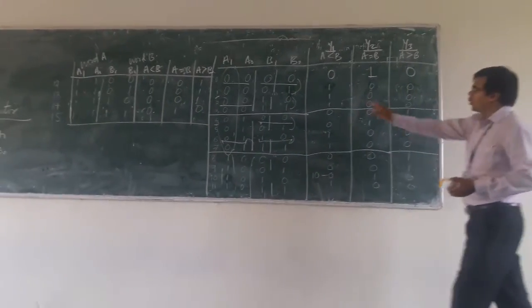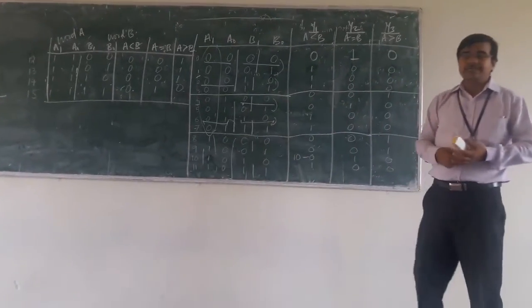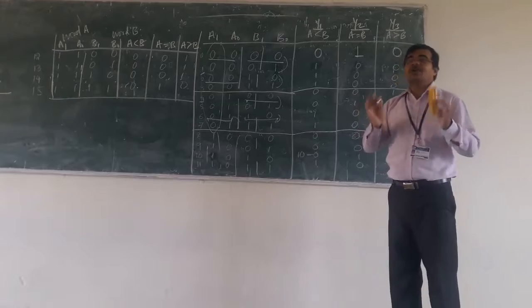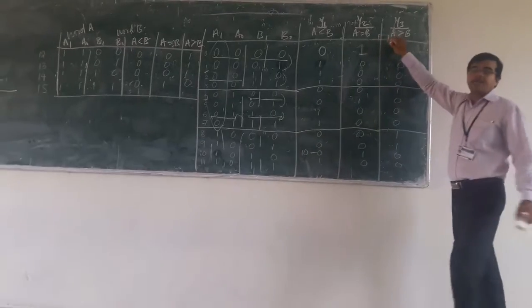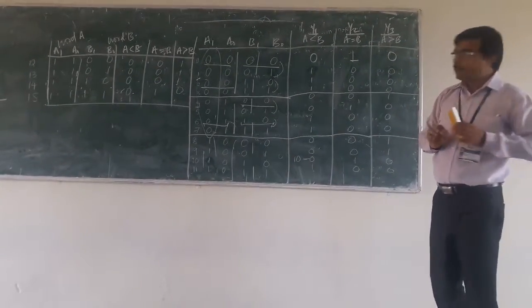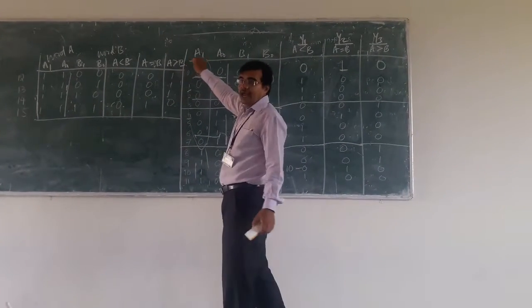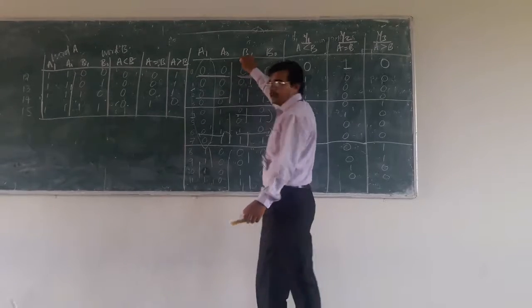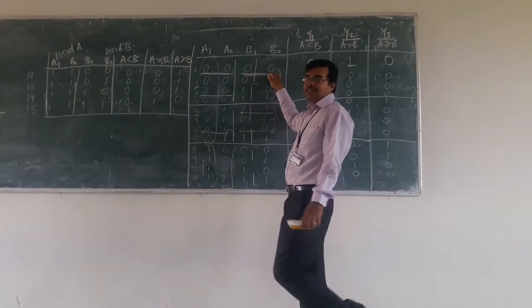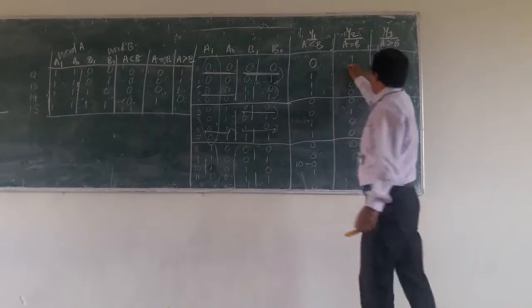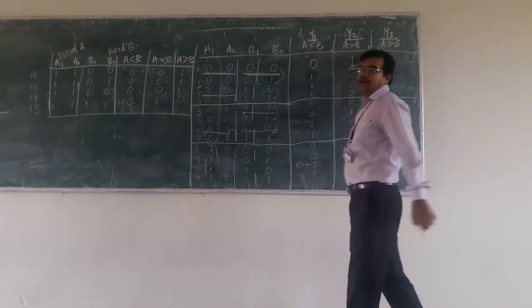Now we are going for the output. As you have 16 different combinations, any one of the three is possible: A may be less than, equal to, or greater than B. First we take A1 and A0 and compare with B1 and B0, and see the status of the two. Here you have 0 0 and here 0 0, so both are equal, so this condition is satisfied: A is equal to B. And the remaining outputs will be 0.